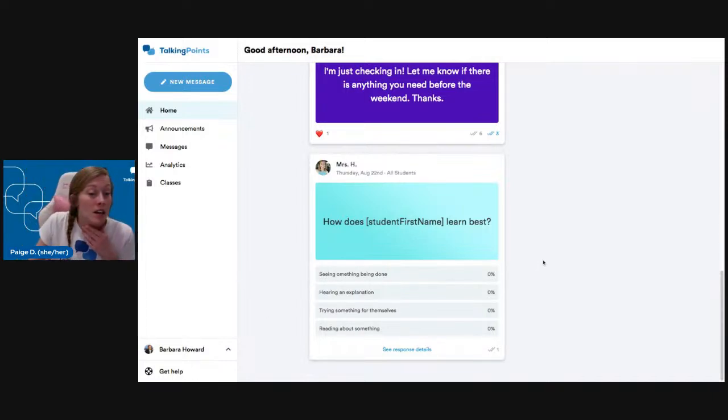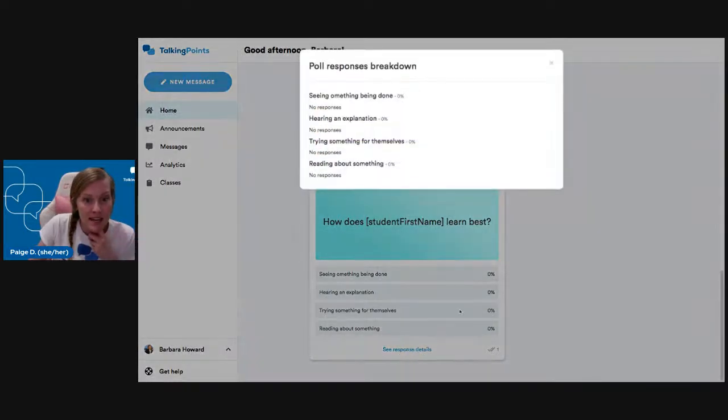Okay, so if I had received responses, you would click see response details, and it breaks down what percentage of people responded each way, and then it would say who responded each way. So then if you wanted to do a next step message or meet with those people or send something home to those people, or meet with those groups of children, say, I'm going to explain to these kids the next project and read something to these kids for the next project, I would have that right in front of me, what their parents had answered for that question.